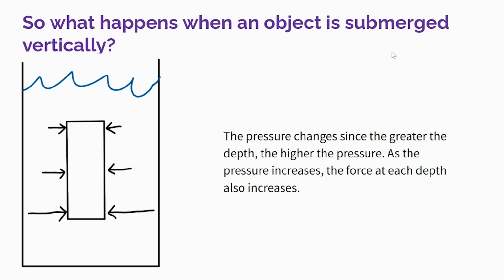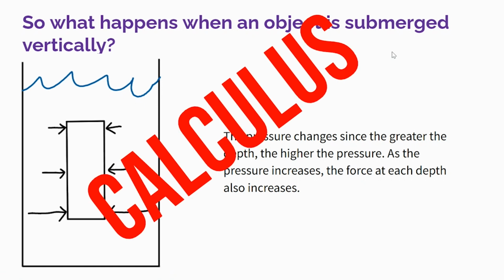Our formulas don't really work with vertically submerged objects, and this is because vertically submerged objects have a pressure differential. The pressure the object experiences changes as it goes deeper in the fluid, which means that the pressure at the bottom of the object is greater than the pressure at the top of the object. And since we're dealing with changing quantities, we need some calculus. So we have to use some calculus to derive an equation